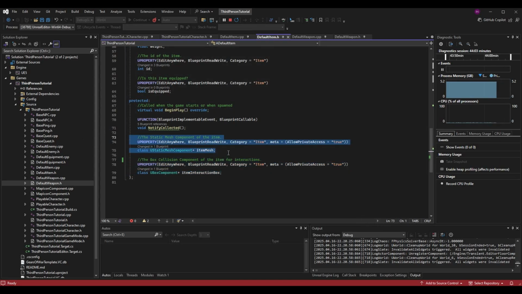The mesh is what we display the item as, so if it's a potion, it could be a flask. If it's our weapon, it could be something like a sword. The interaction box is how we can interact with this item. We can change the dimensions to interact, making it easier for bigger items and smaller items